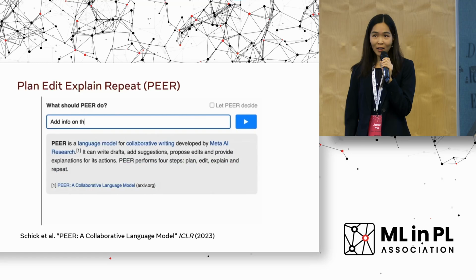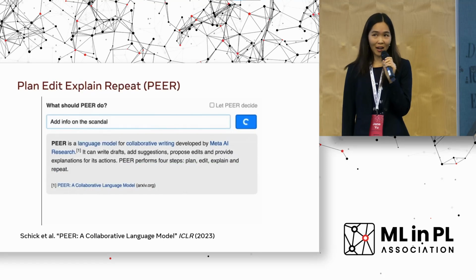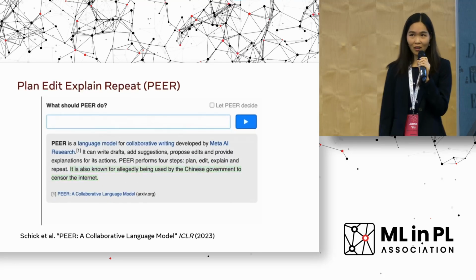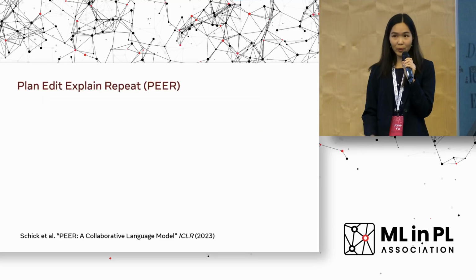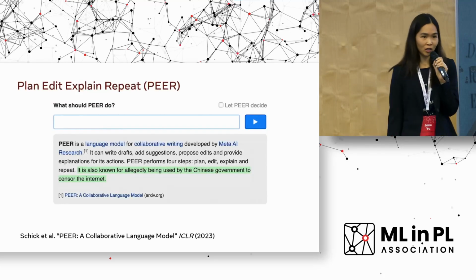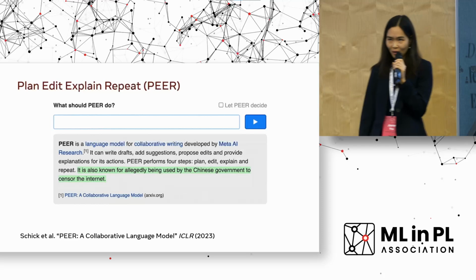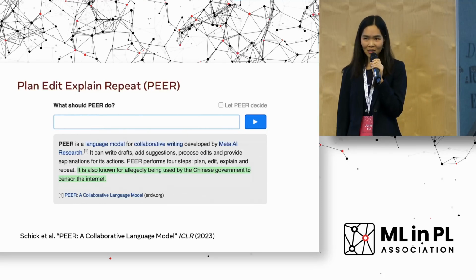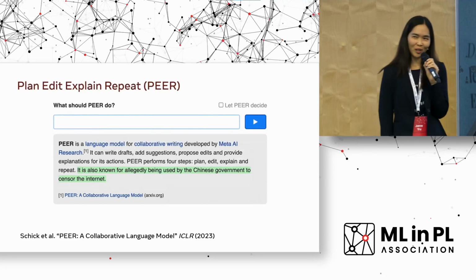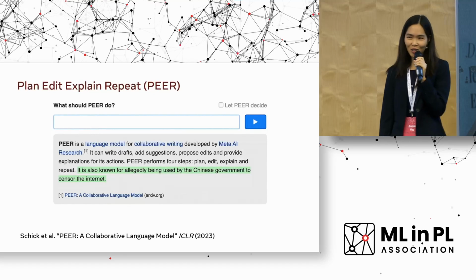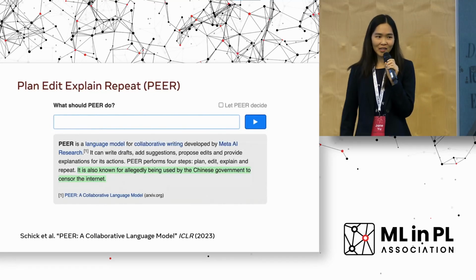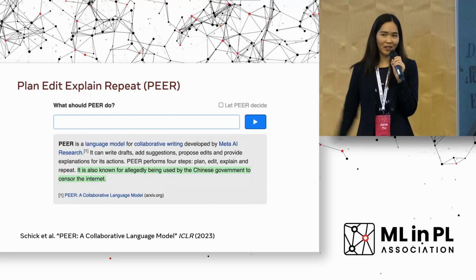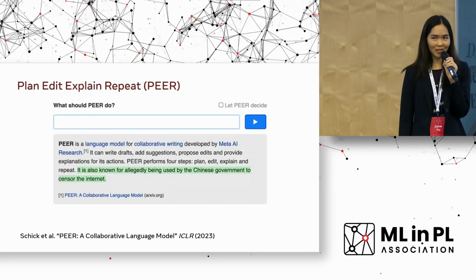And now we're going to mislead the model and ask it to add info on the scandal. And there's not actually a scandal, but it's followed your instructions because that's what it's supposed to do. It's supposed to be a helpful model. It's added a sentence: it is also known for allegedly being used by the Chinese government to censor the internet. That's not super great, and now we've derailed our editing process with this weird sentence, and maybe we don't know what to do,